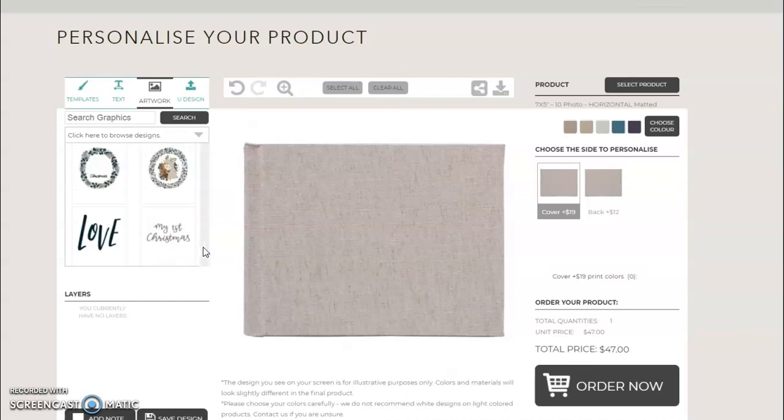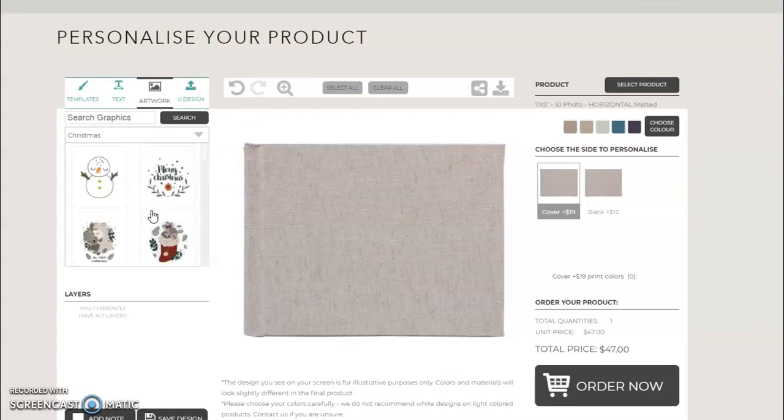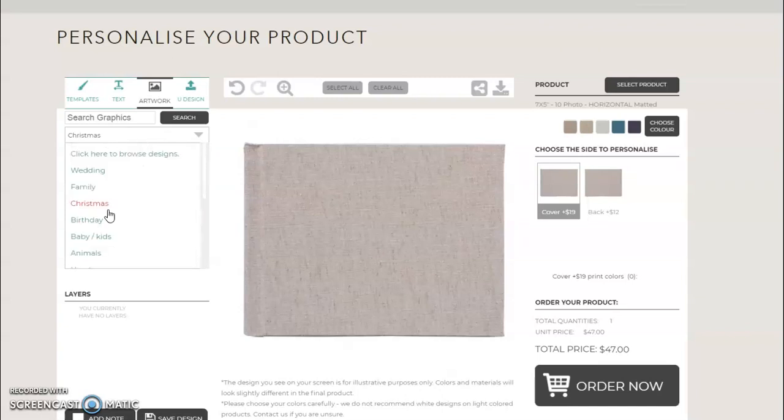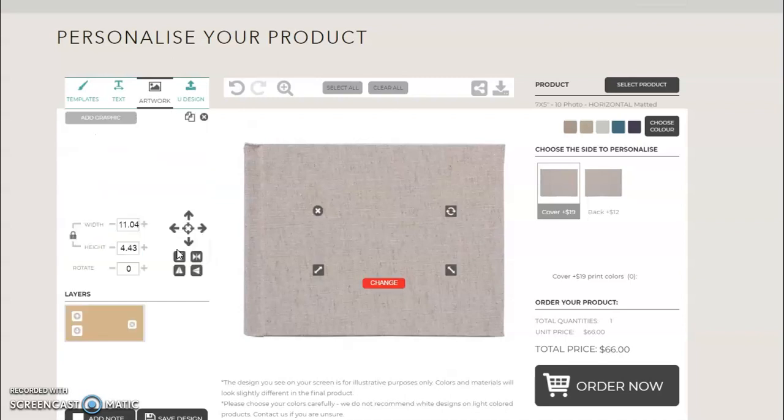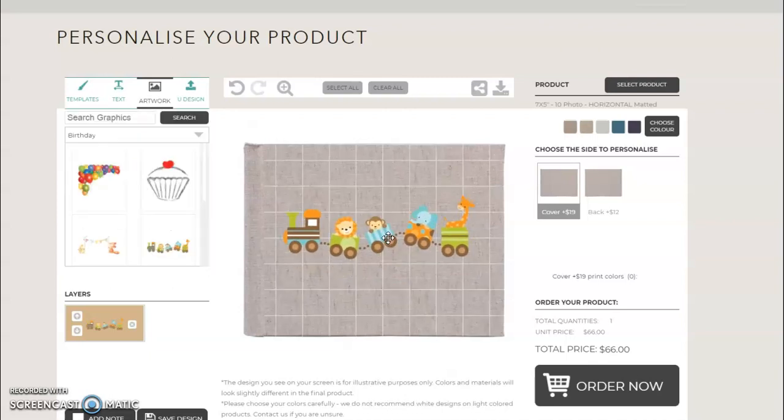Lots and lots there. We do have this little drop down here if you'd like to have a look at specific things. So if you've got something you'd like to do for Christmas, you can always open up our Christmas ones. Another favourite is for the babies. We might want to maybe add a little train, so you can drag that out, make that train nice and big,